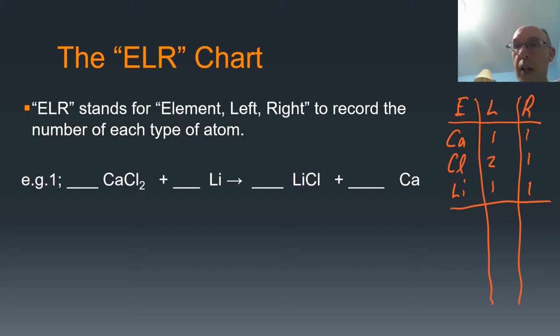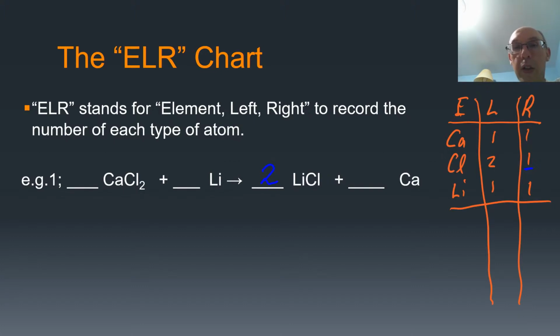What I find is handy to do is I underline whichever side of the pair is the smaller number if they're not equal. So I underline the 1 for the chlorine because we don't have enough chlorine on the right-hand side. That's a place where I'm going to have to put a coefficient. I have 2 chlorine atoms on the left, but I only have 1 on the right. If I put a coefficient of a 2